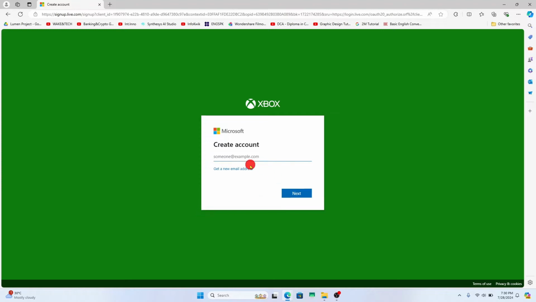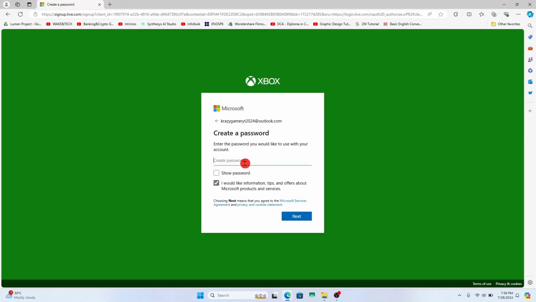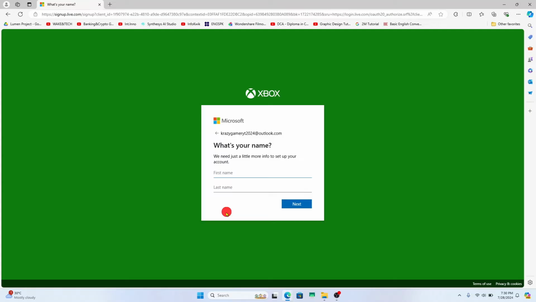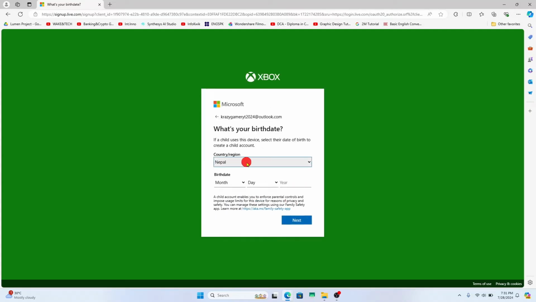If you don't already have a Microsoft email address, you can click on get a new email address. After typing in your desired email address, click on the next button and you will be allowed to create your password. Just type in your desired password for your account and click on the next button. You will then be asked to enter your name. Type in your first and your last name and then click on the next button and now choose your country